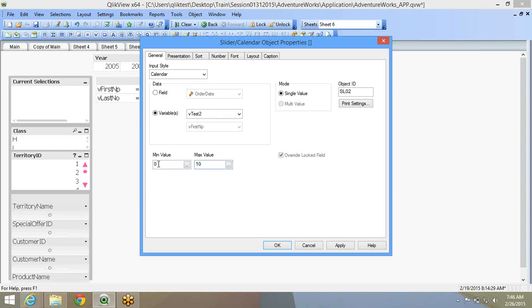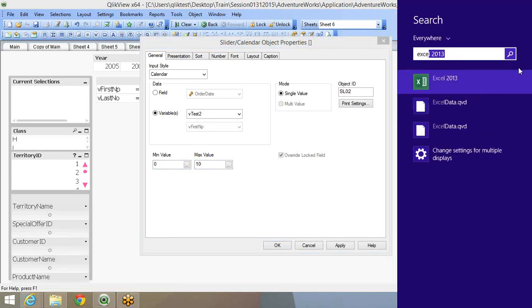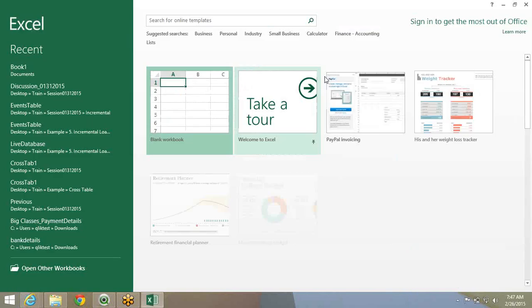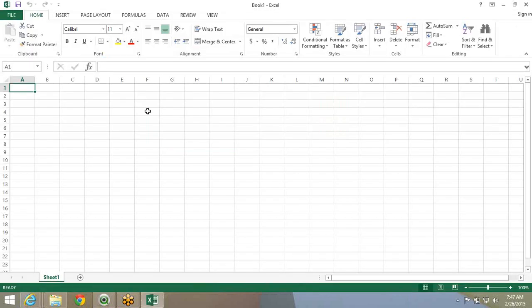Now you have to give your minimum start date and maximum end date. So if you want a calendar from 2006 to 2010, you'll have to give 1/6/2010 to this. The catch over here is you can't directly give a date format. You'll have to give the numeric part of the date.